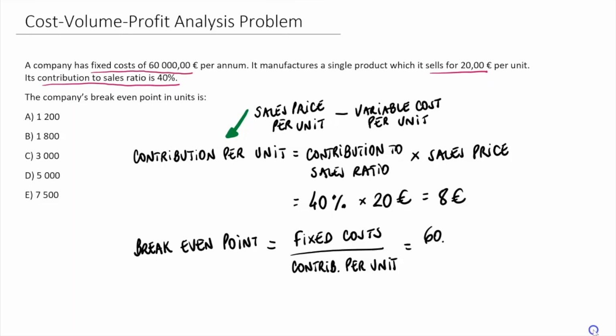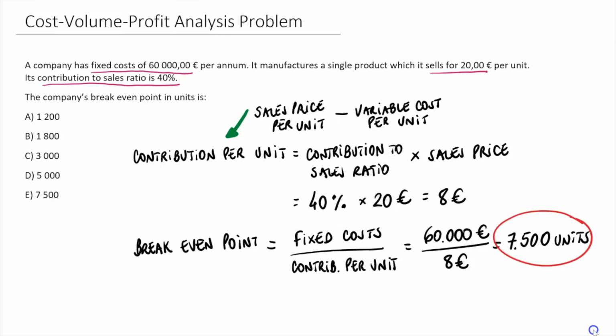So 60,000 euros over 8 euros. We can calculate the break-even point in units, which is exactly 7,500 units. This is the value that we will find in option E. So the answer is option